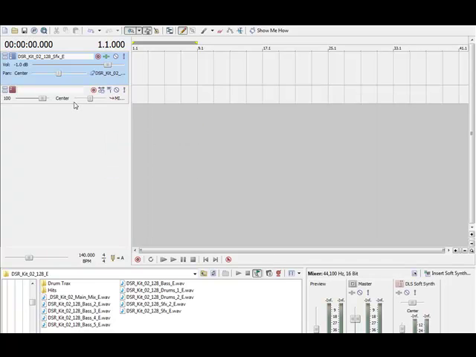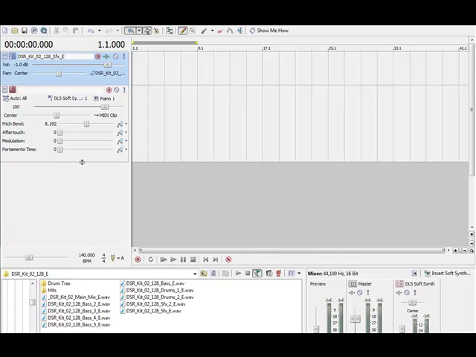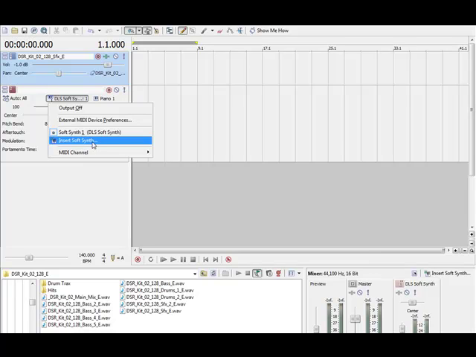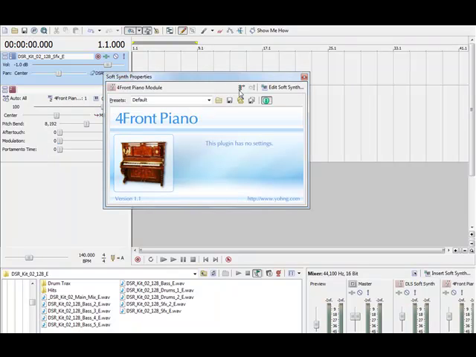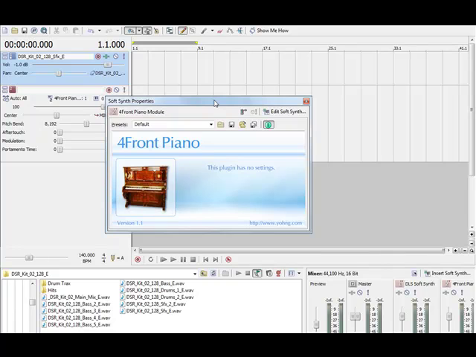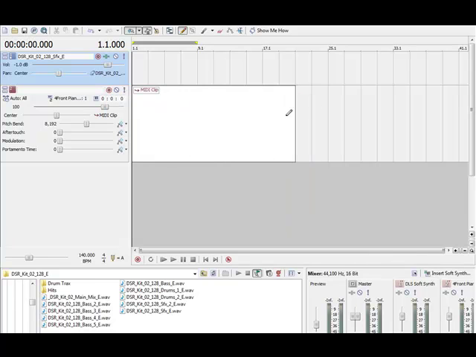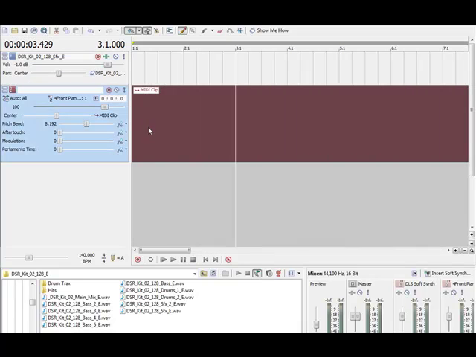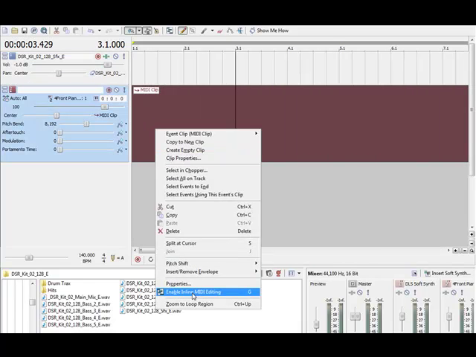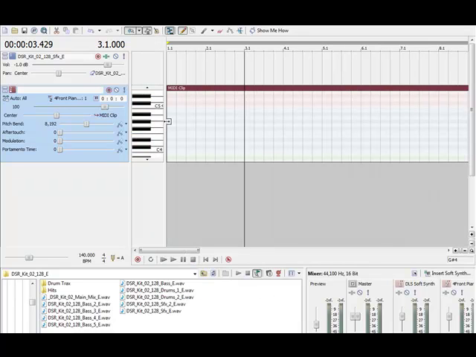If you want to do a MIDI track, it's simple enough. You just go ahead and do that. Let me pause this and select a synth to put in, which is real simple. You just click on here and then go Insert Soft Synth, and then it'll bring up a folder, and you just select the synth you want. Okay, I brought this up. It's a free piano synth called Forefront Piano Module, and it's a very simple synthesizer. If you know how to play keyboards, piano, it's a decent sounding one, and then you can come in and go to enable inline MIDI editing, which lets you